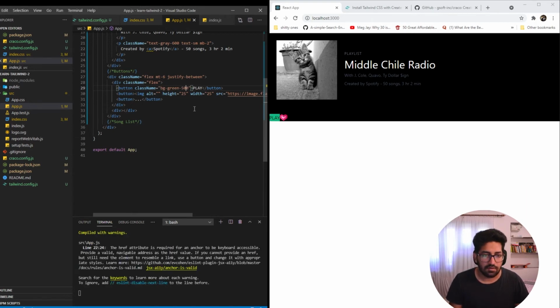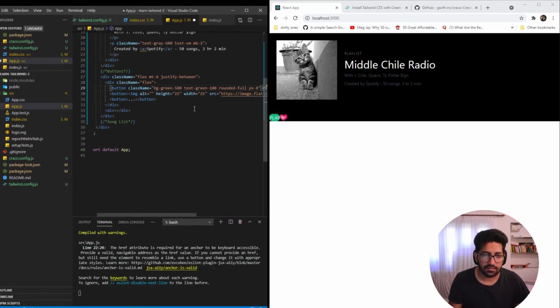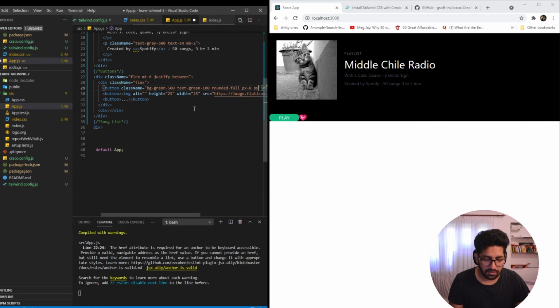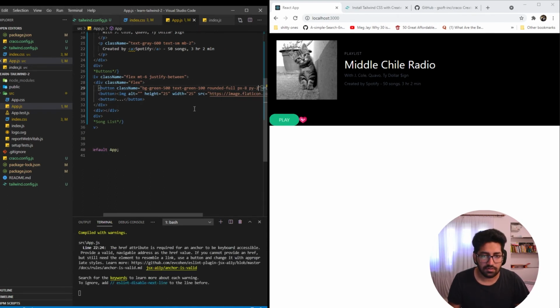As you can see now, the play button has shown up, and text-green-100 so that it looks a little better, and rounded-full, to make it round. Then we'll add padding of 8 horizontally, and vertically we'll add 2, so it looks almost like the Spotify button. And that's it for this one.